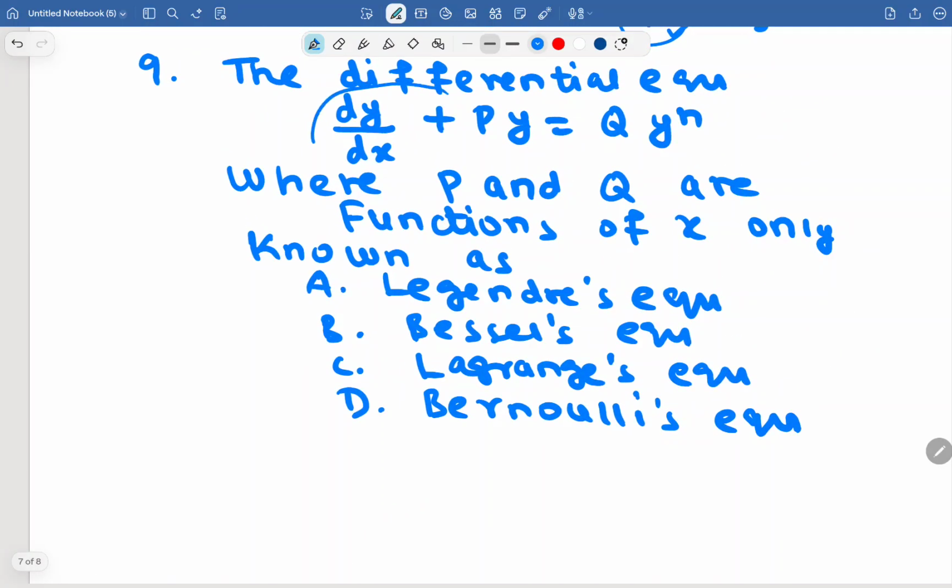Clearly this differential equation dy by dx plus py equal to q y power n is